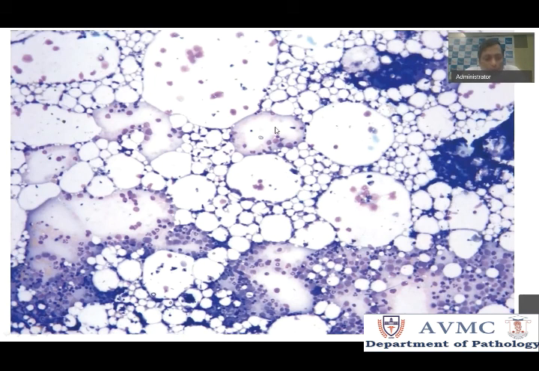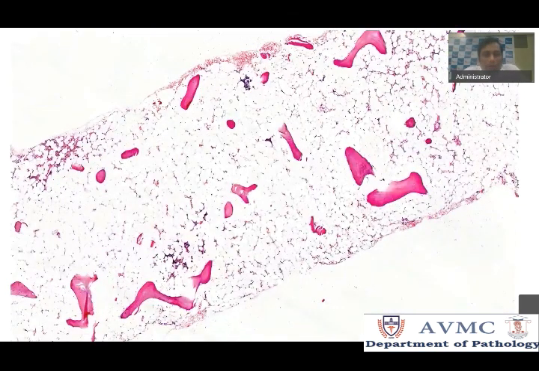Okay, so in this marrow, though it's a 3-year-old child, you see a lot of fat and very, very few hematopoietic cells. To assess cellularity, the gold standard is the trephine biopsy. So we went ahead with a trephine biopsy, and this is the finding. You can find this is a full chunk of marrow with the bone. The pink color is all bone, bony trabeculae, and you find predominantly fat here. Some residual hematopoietic cells here, but predominantly fat. There are almost no hematopoietic cells at all.